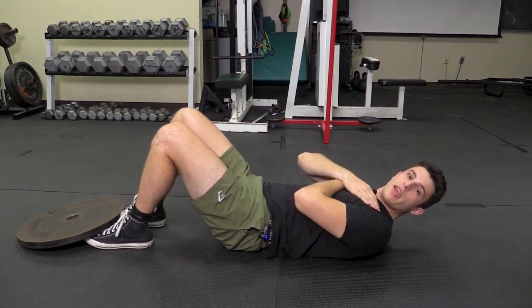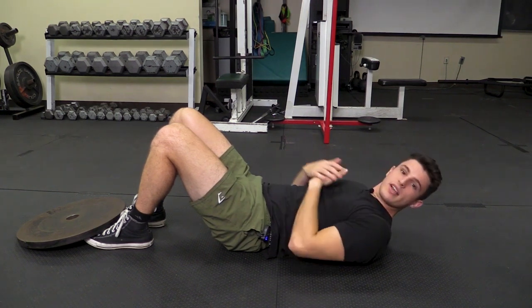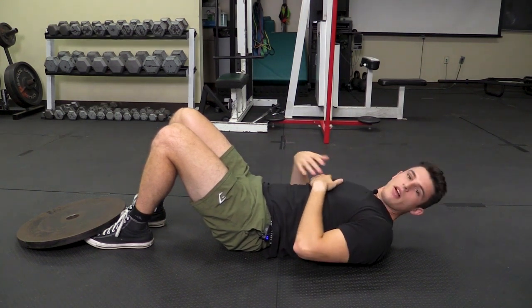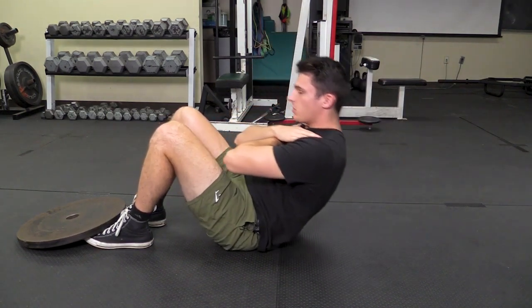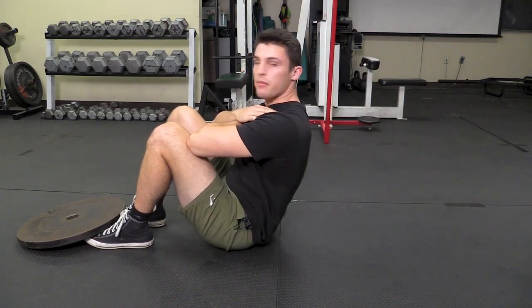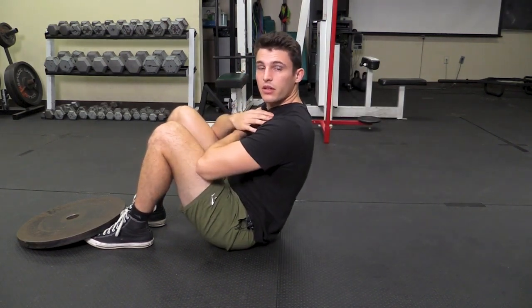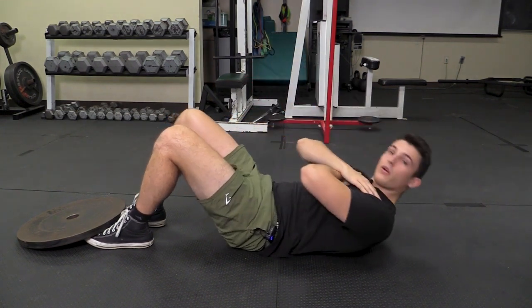Not only will this take a lot of energy out of you when performing this for exercise testing, but it also may cause injury. So you will come up and then you will want to curl back down in a controlled manner and then come back up. Also, another piece for when it comes to scoring is that